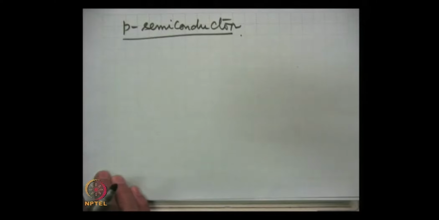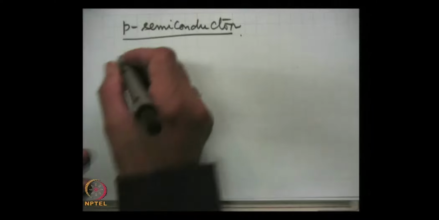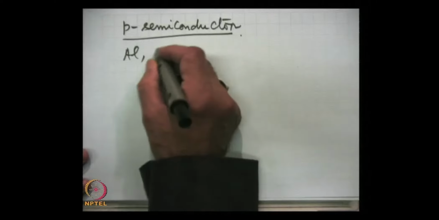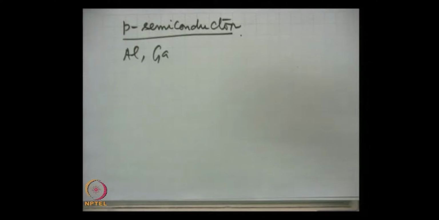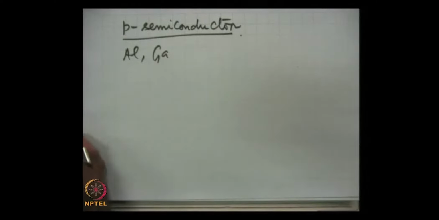Here the dopant has to be a third group impurity like aluminium or gallium and so on. Normally aluminium is used. Aluminium has valency 3. There are 3 electrons in the outermost shell of the aluminium, and so what will happen when we dope the material, we dope silicon for example with aluminium. Here